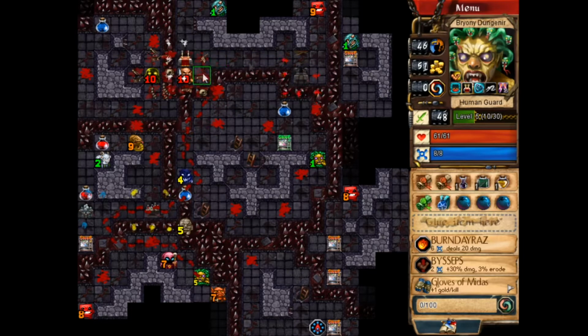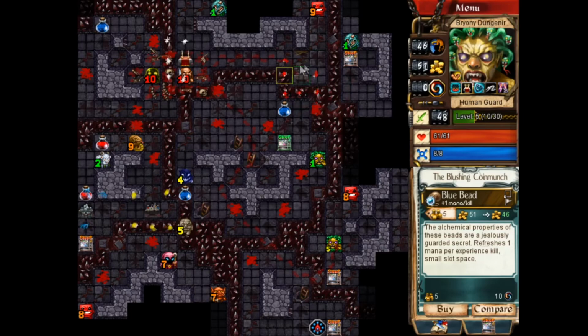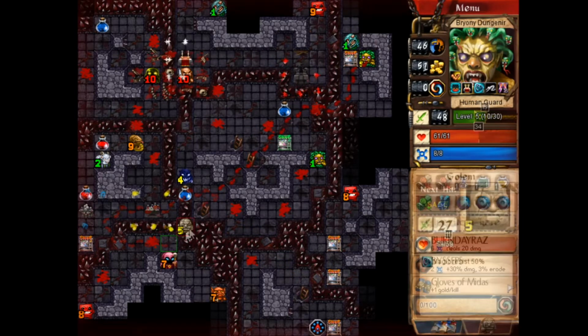Tough stuff. I wish I knew where things were. We need blood to make the blood power work. And or not. Okay, yeah, we need blood, but we also need darkness for it to work. So this is probably not going to work, actually. Blue bead might help. We'll leave 5 gold behind for that. In the meantime,